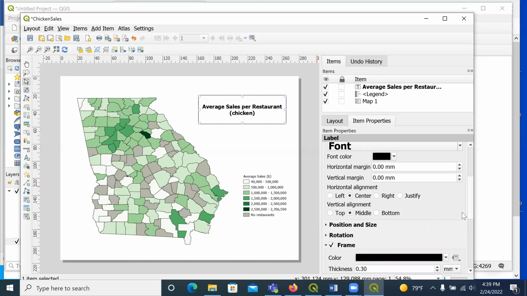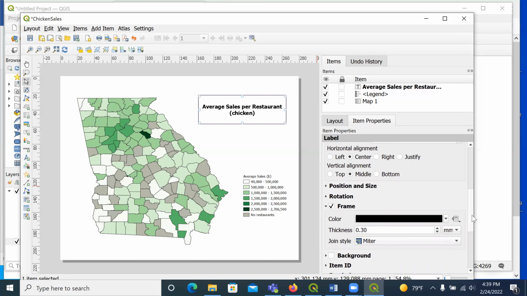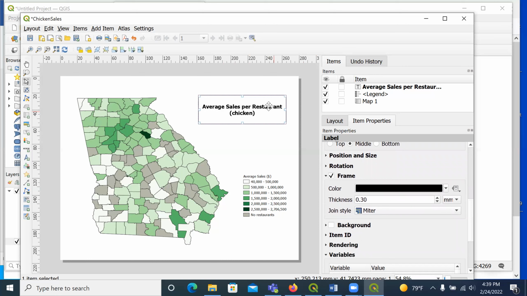You can add a frame. You can change the color of the frame. You could add a background. Right now it's just white, but if you wanted a background color,